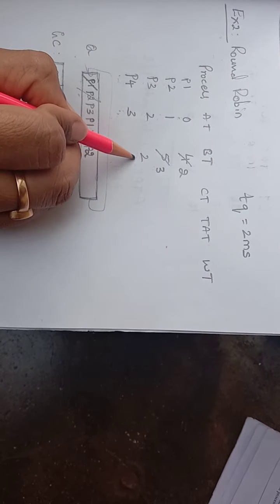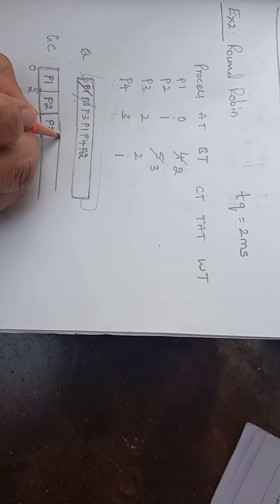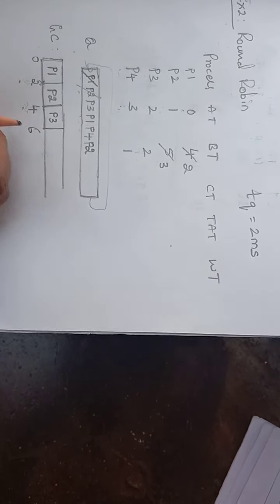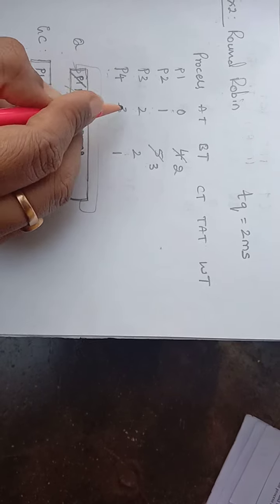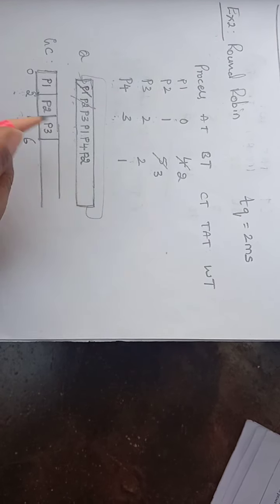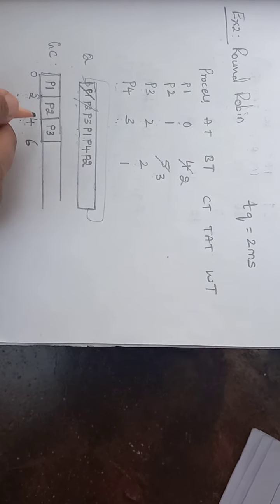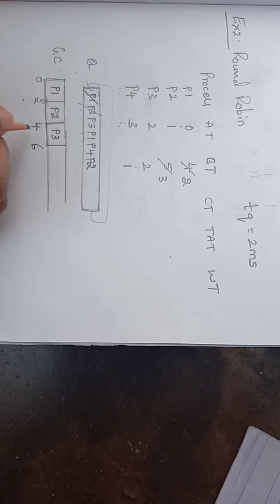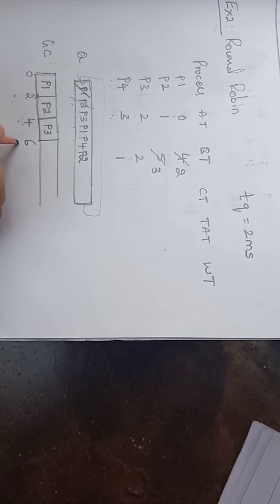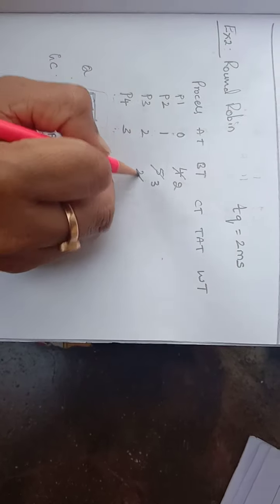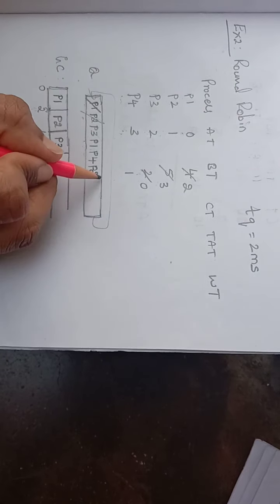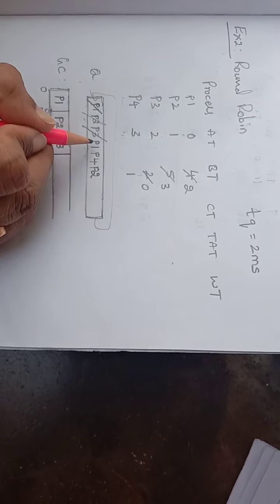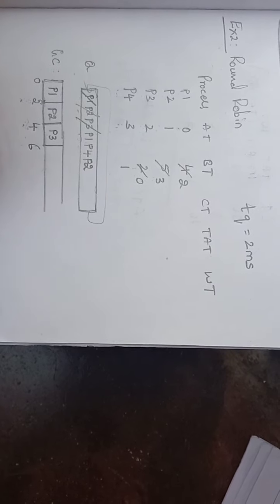Since it's carrying the burst time as 2, it will be scheduled for 2 more milliseconds, and within this duration no other processes have arrived. So we just need to do the scheduling of P3. P3 will be using the CPU for 2 milliseconds. Since it is not carrying any burst time for the next round, it is not going to be put back to the ready queue. We are not pushing P3 back to the ready queue.